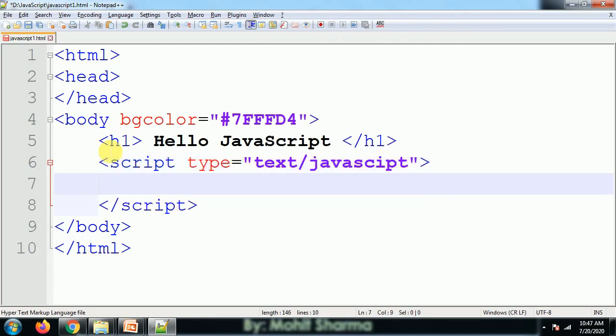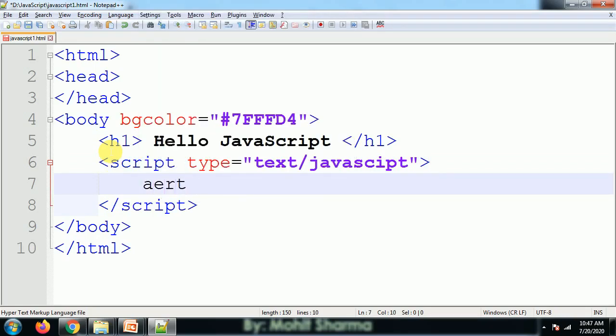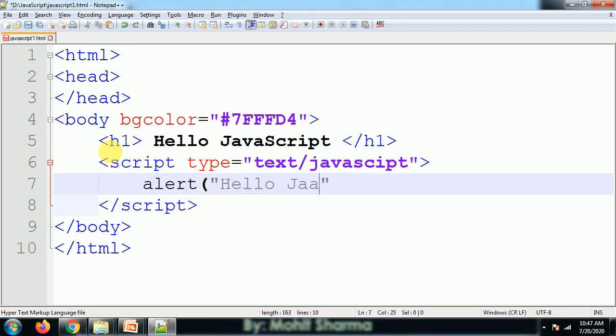Now I use one of its inbuilt functions which shows the message which I want to display, that is called the alert function of JavaScript, and I'll pass a value to this one. Then you give parentheses, and I give the message hello JavaScript, and I close this with a semicolon.